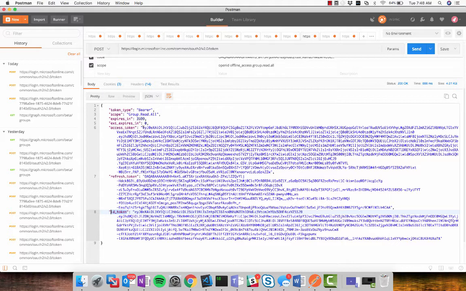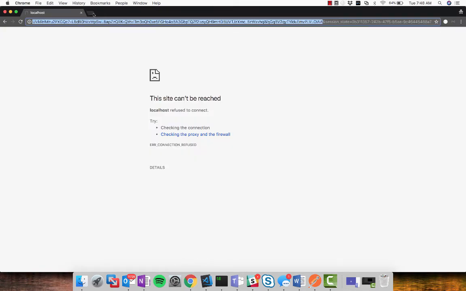And it's odd. I'm so used to looking at these, I can usually find them really quick. So let's just take a look at one of these. Here is the payload for this token. So I'm just going to copy this, and I'll go to a browser and just go to